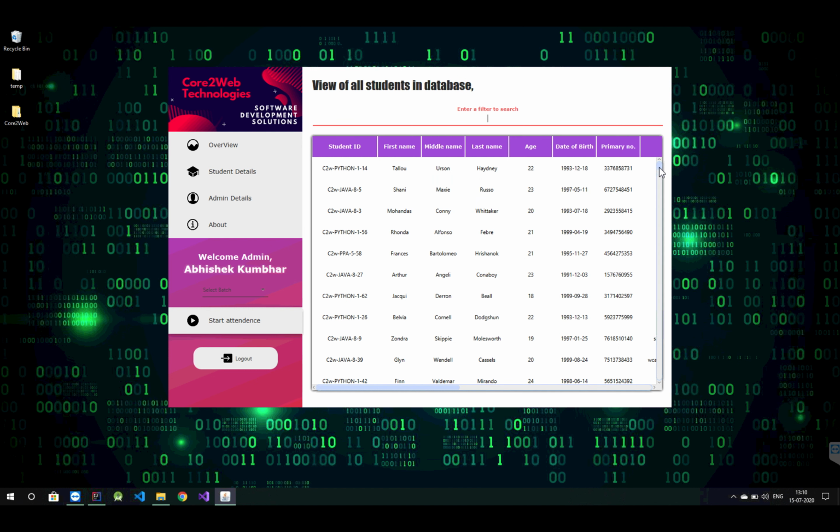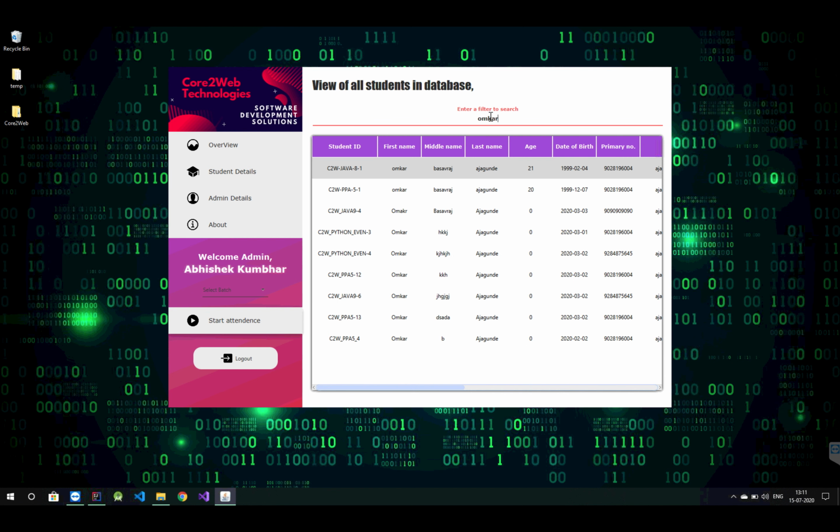You can search over here the students' information, their name, email, anything. So here is my ID over here. Then we can add student from here. So now we are filling one new entry in our database of students.